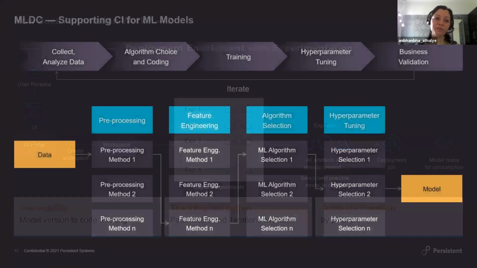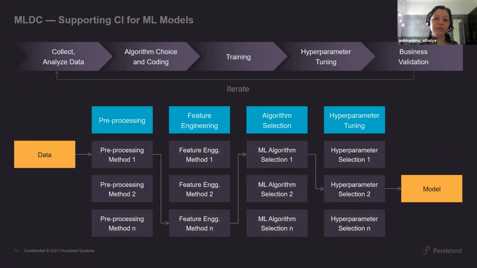So that brings me to how do you really enable this? What are the changing parameters? What is it that I should be tracking when I say I am tracking all my experiments, so that I am able to reproduce the work that I have done at any point in time. So let us take a very simple example, wherein data is an input going to the system on the left hand side. And for this discussion, let us say that the data is a constant, in the sense we are not changing the input data itself at this point in time. And finally, what is coming out is the model or the outcome that is expected.